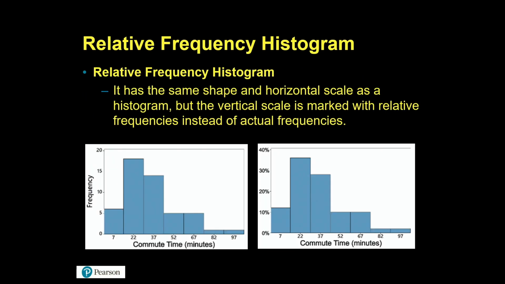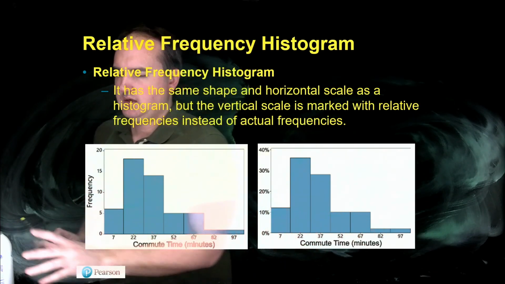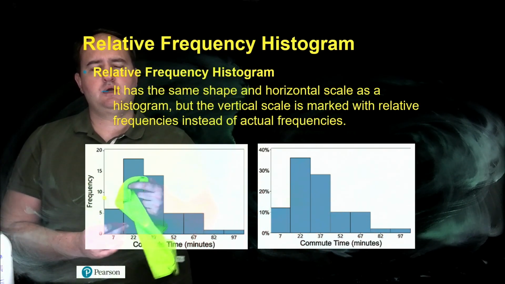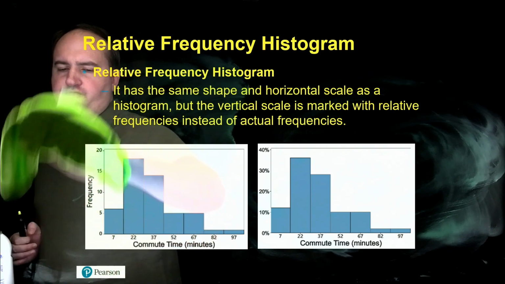Okay. So we've already looked at this slide, but I want to talk just a little bit more about it while I erase this board. So a relative frequency histogram is still just a histogram, okay? Has the same shape and horizontal scale as a histogram, but the vertical scale is marked with relative frequencies instead of actual frequencies, okay? So the only difference between a histogram and a relative frequency histogram,